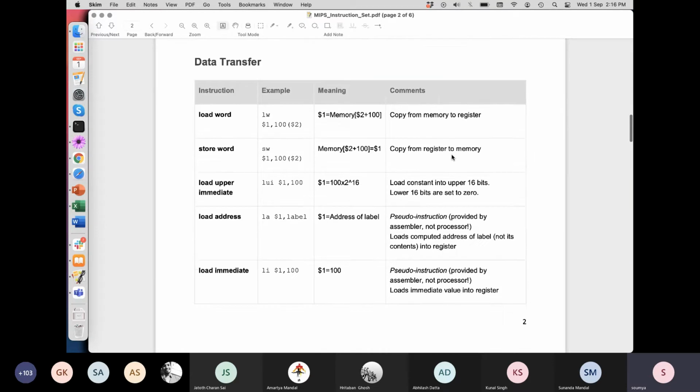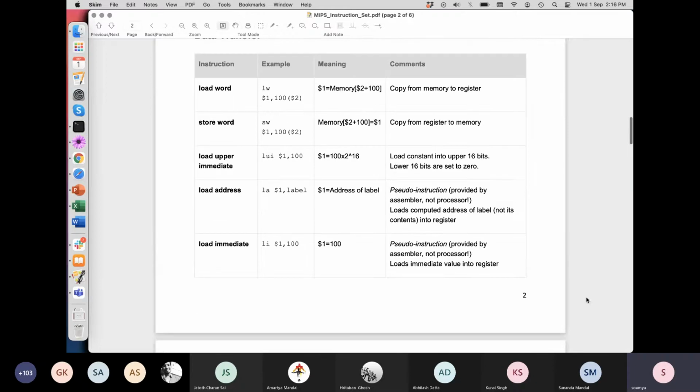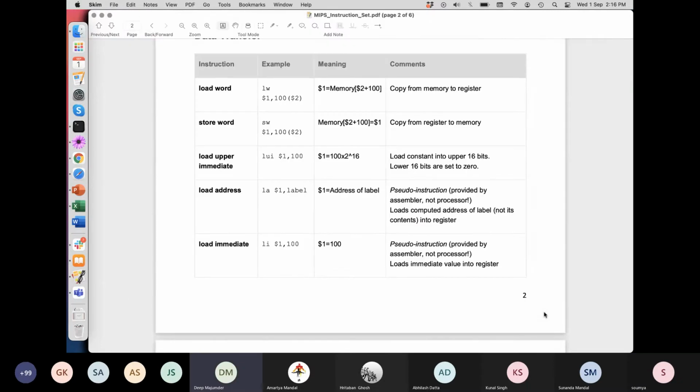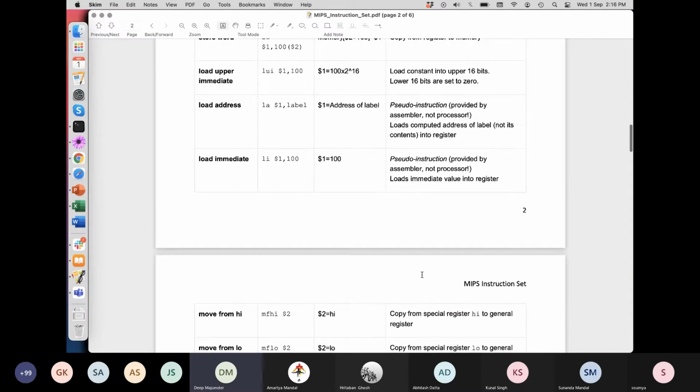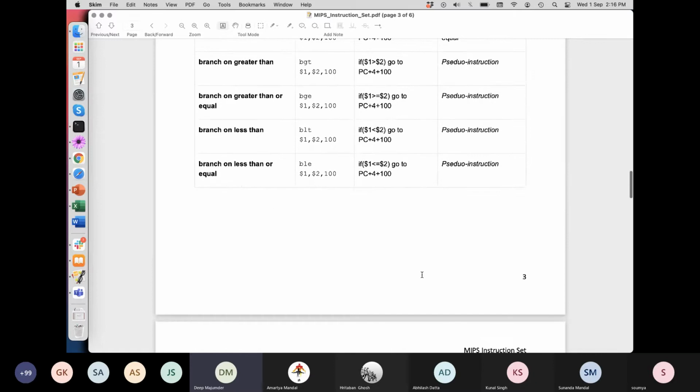So can somebody say what is the difference between, let's say, a load immediate instruction and a load word instruction? Sir, load immediate transfers a constant value to a register, while load word will transfer from memory to a register, 32 bits from a memory address to a 32-bit register.